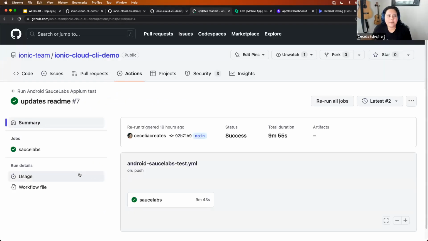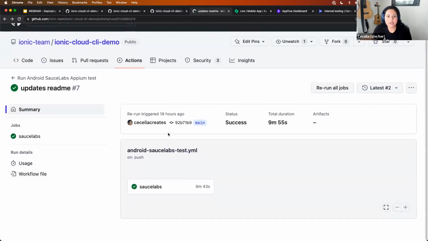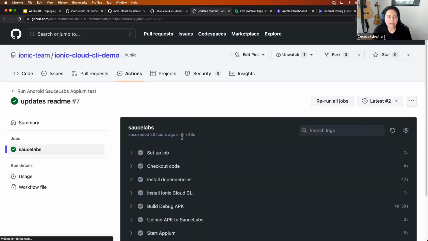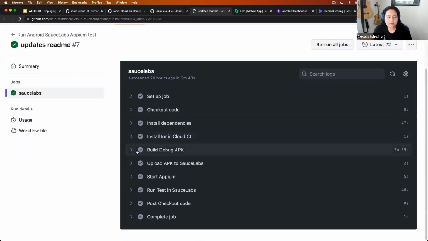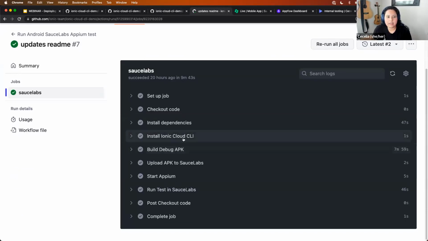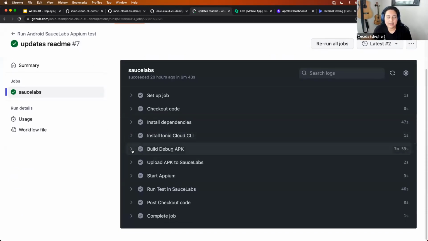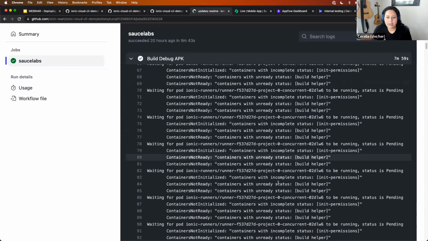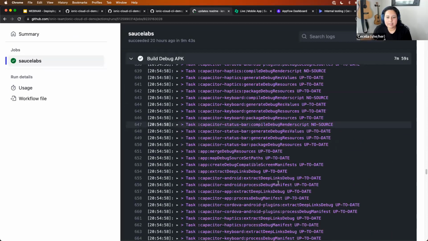So this is an example of what it looks like when you run that. This was triggered from a commit to main. This is my GitHub Actions workflow. And so we can see here, I installed the Ionic Cloud CLI. It took less than a second. This is where I'm building the debug APK. Again, everything is happening on Appflow servers, but if I scroll down to the bottom after everything has been built,